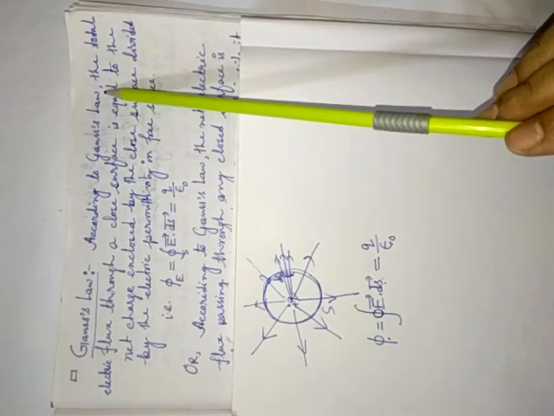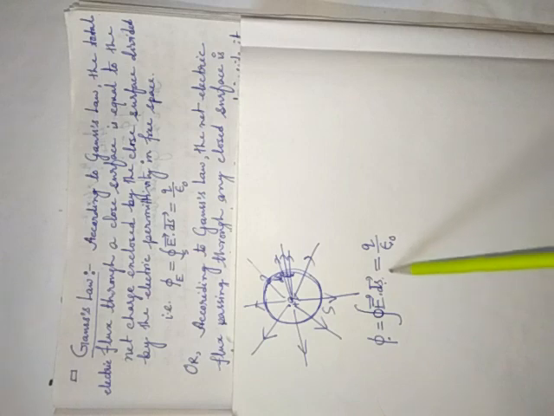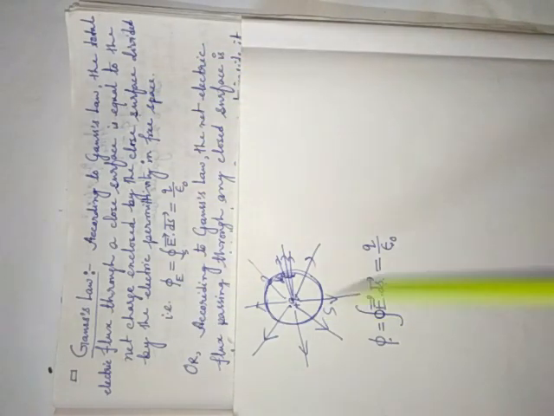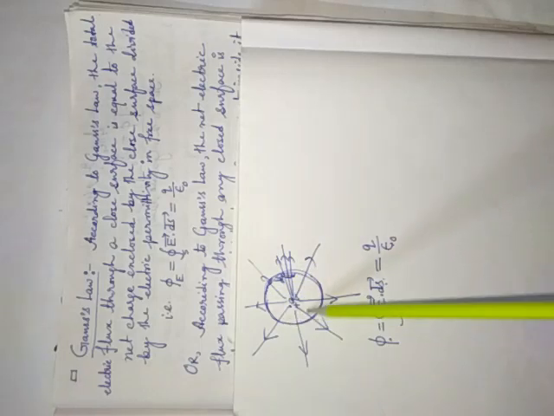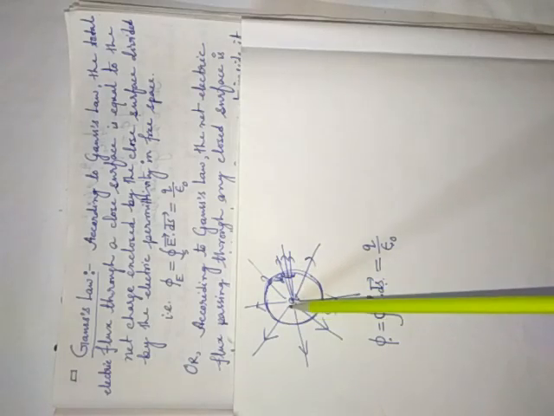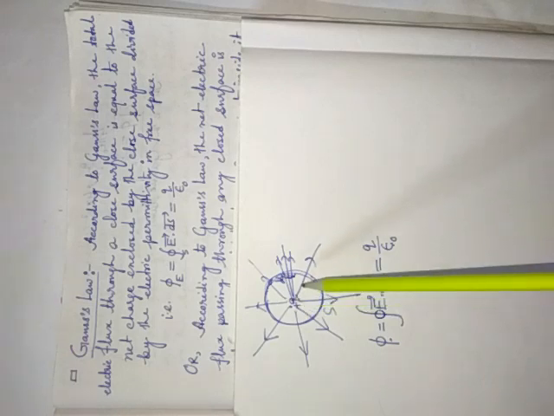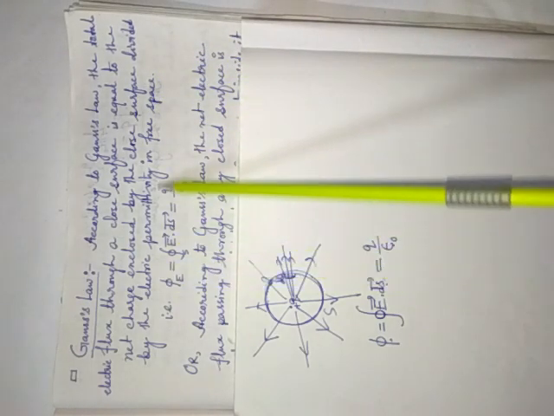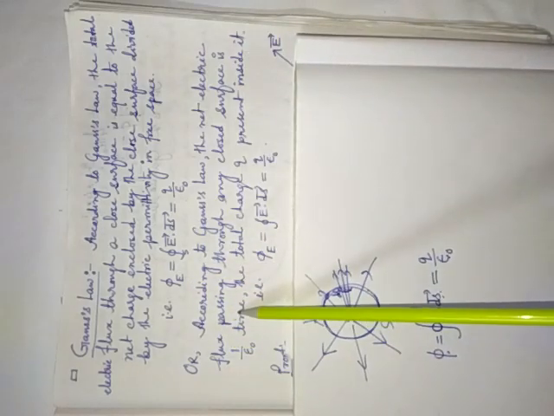According to Gauss's law, the total electric flux, phi, equal to the integral of E vector dot ds vector through a closed surface, is equal to the net charge enclosed by the closed surface. Net charge means whatever charge is there. If there were many charges, you have to add up all the charges. Since here I have considered only one, this is the net charge. Suppose the net charge enclosed by the closed surface is q, divided by the electric permittivity in free space, and this is the formula. Or you may write the second statement also.